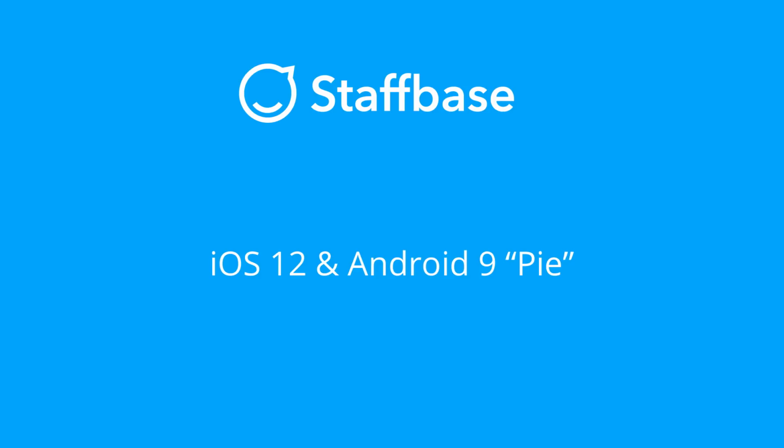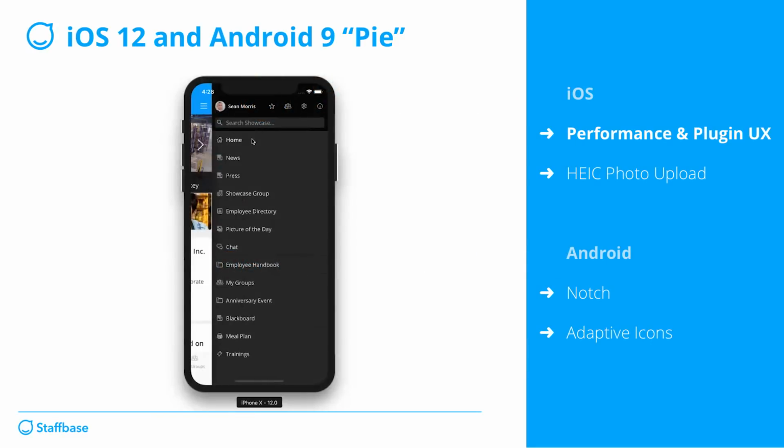Throughout the last couple of weeks, both Apple and Google have been releasing new major versions of their platforms, namely iOS 12 and Android 9, also known as Android Pie. We have been working with them during the beta phases to make sure your app gets the updates as soon as possible. For the Staffbase iOS app, this means some substantial performance enhancements as we were able to switch to